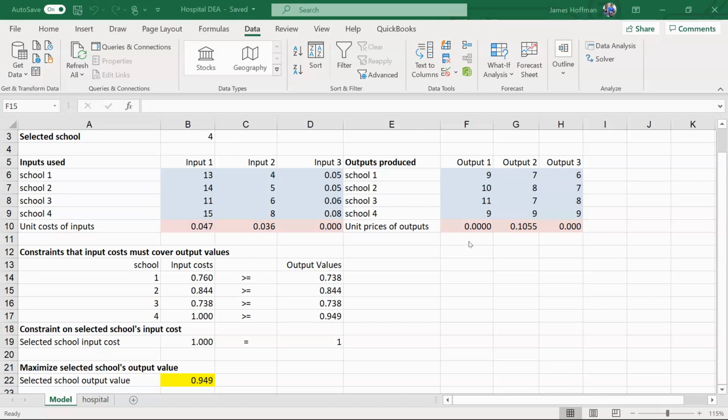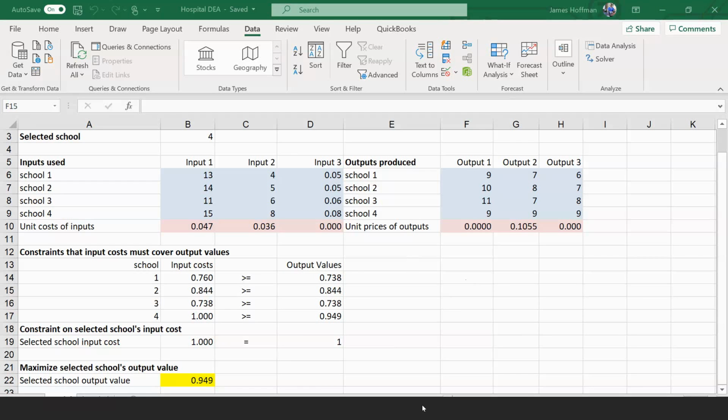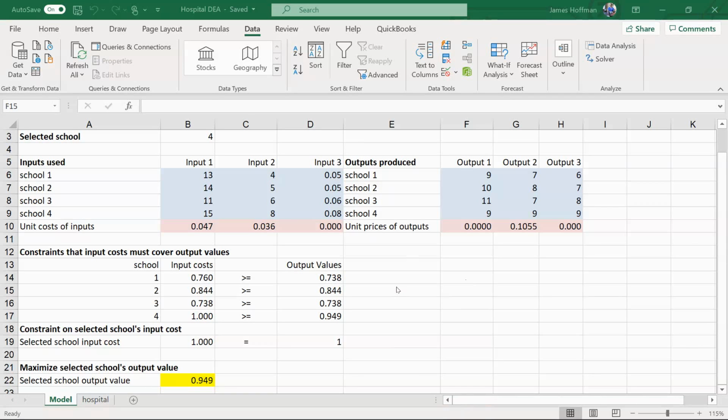Okay, which would mean that school 4 is inefficient. All right, did we get that for schools 1, 2, 3, and 4? All right, so we're almost out of time here. So I think let's go back to the